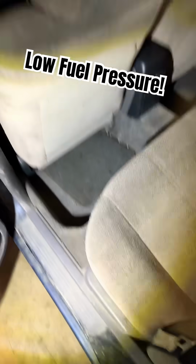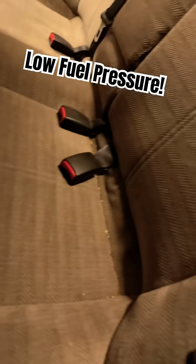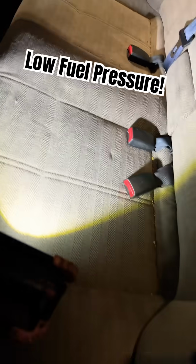But so back here we've got our rear seat. We do have to remove this. I know I've got bolts down here. I'm not sure if it just pops out. I've got to do a little bit of research on that, but we're going to get this seat out and